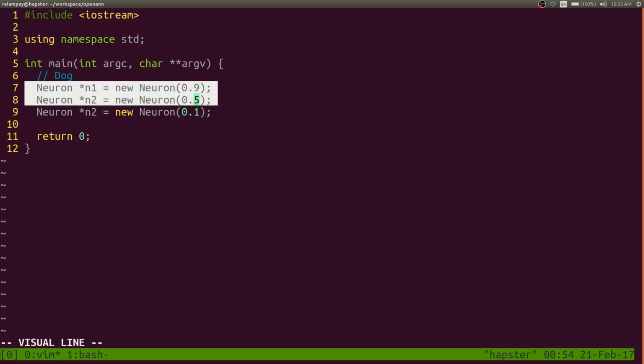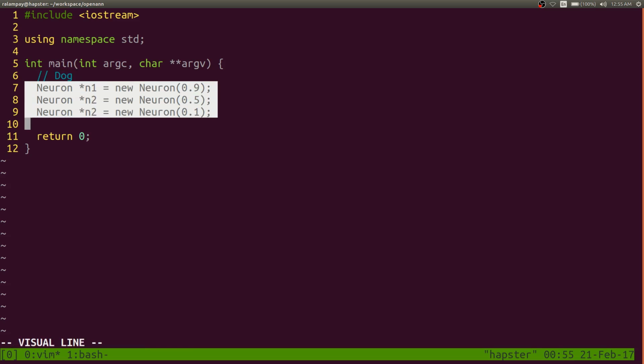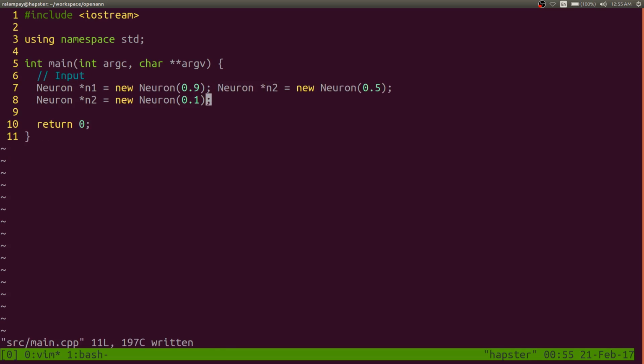So these neurons will actually represent that dog, and then we'd like to learn this particular pattern and say that, okay, given these values, this one is actually a dog. Right? So this is otherwise called our input neurons, wherein these neurons would hold values relating to the input data